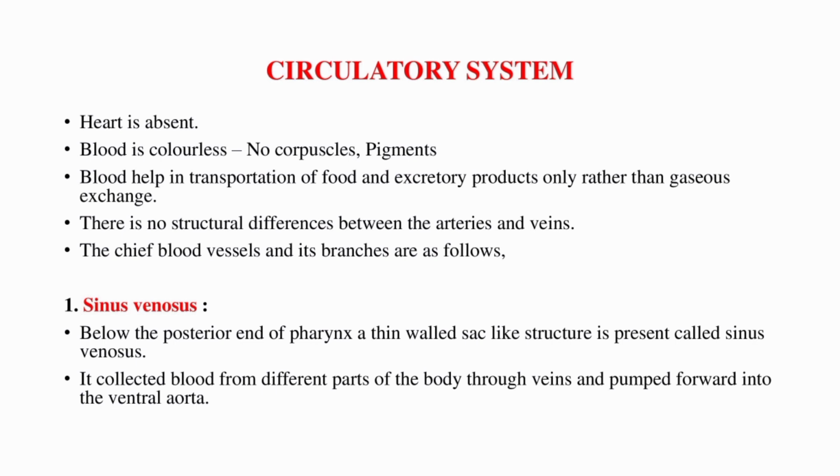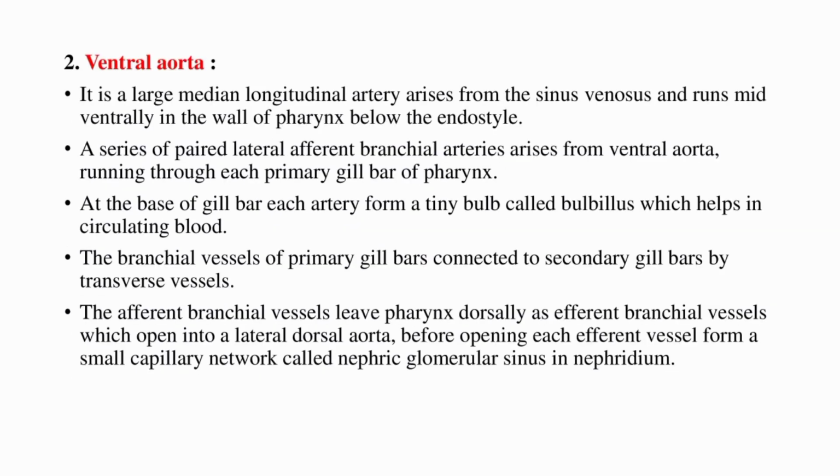First one, sinus venosus. Below the posterior end of the pharynx, a thin-walled sac-like structure is present called the sinus venosus. It collects blood from different parts of the body through veins and pumps it forward into the ventral aorta. Second one is the ventral aorta. It is a large median longitudinal artery, arises from the sinus venosus and runs mid-ventrally in the wall of the